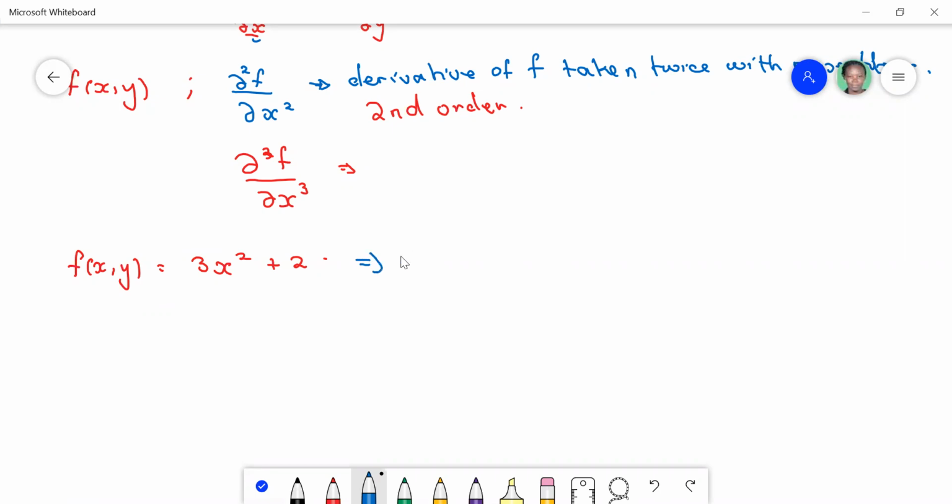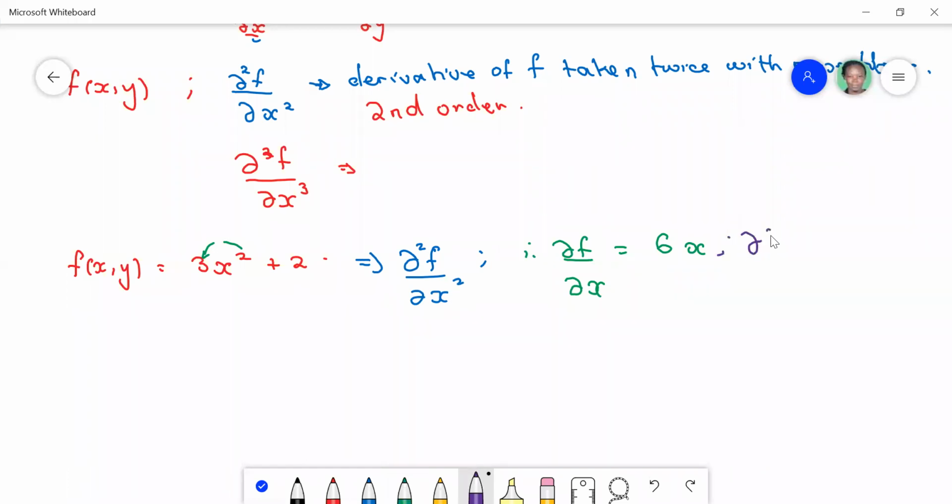So I want to find the partial derivative of f, second order, with respect to x. What it means is that first, we take the partial derivative of f with respect to x, and this is going to be that. So let's differentiate this with respect to x. If I differentiate this with respect to x, what do I get? This gives me 6x, because you multiply this times that minus 1 here. So I have 6x. Then the second order,